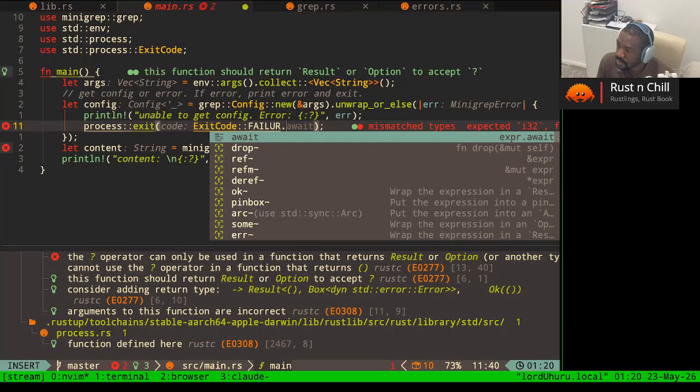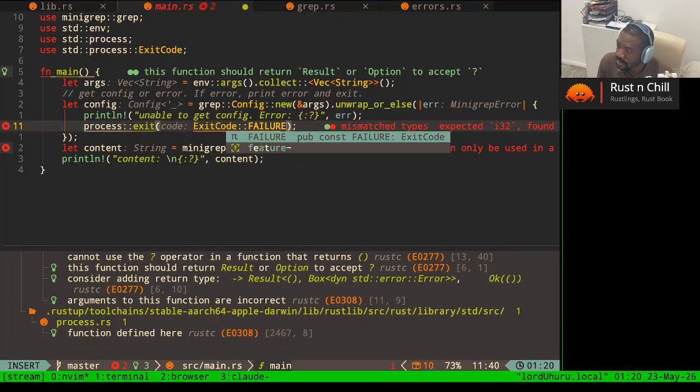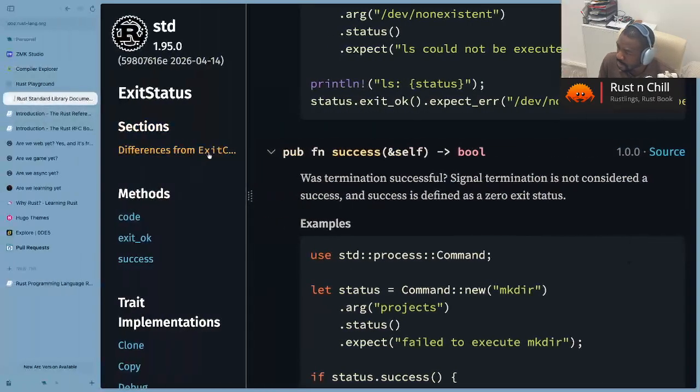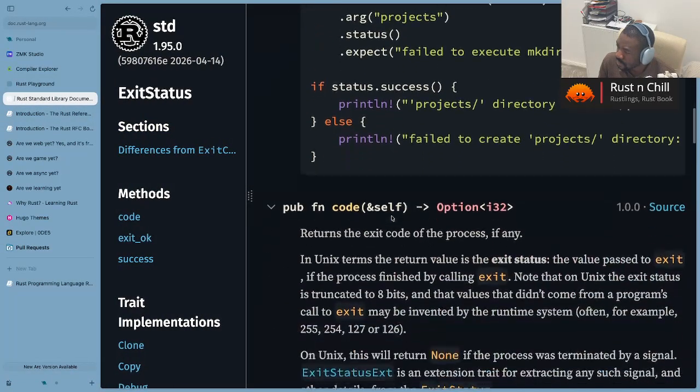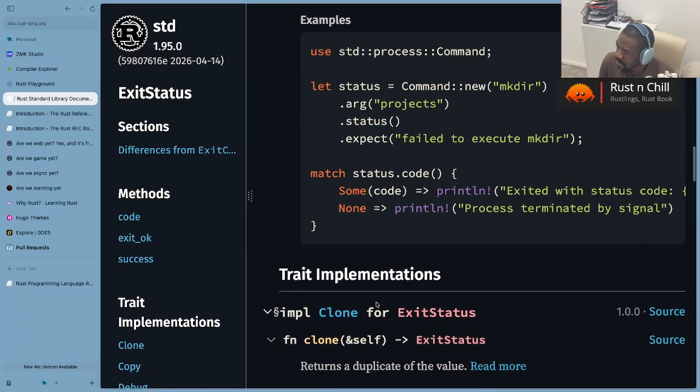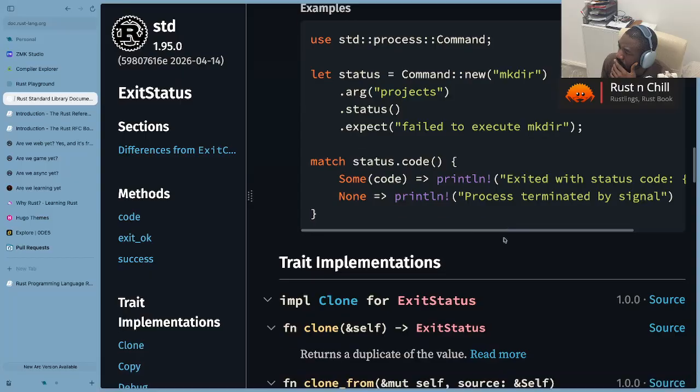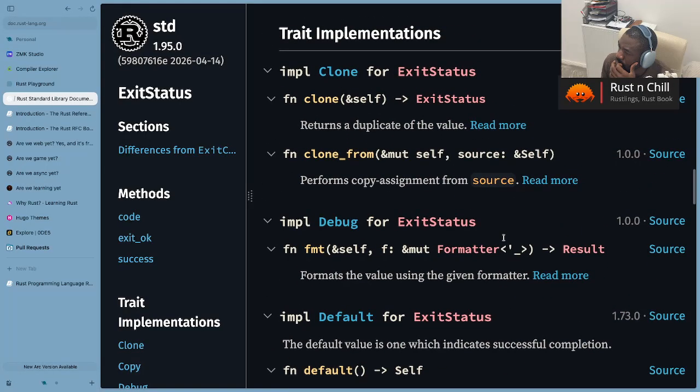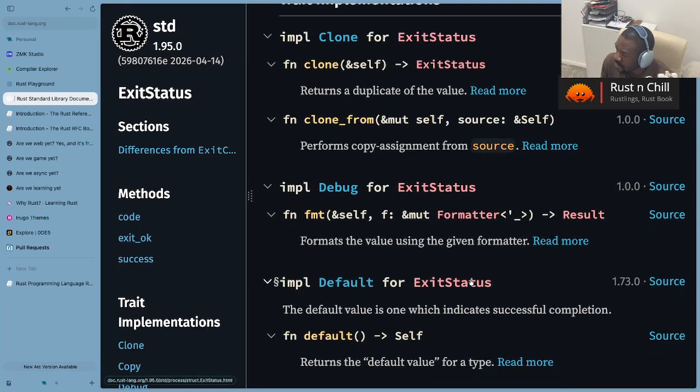So what is a constant actually? No, I think... So what is that supposed to be? Exit. I mean, exit status default value is 1, which indicates a successful completion. Yes, so